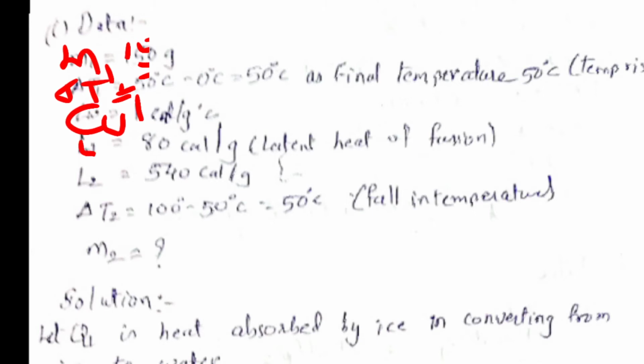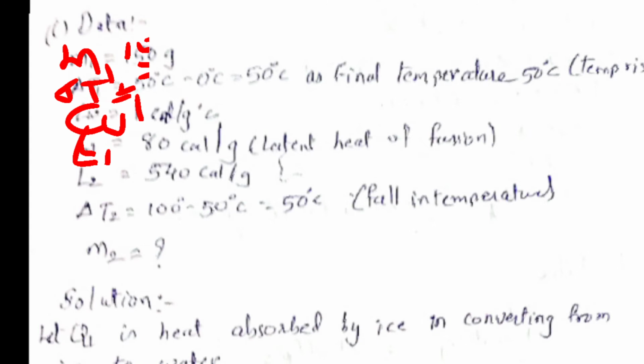Now latent heat, as I have taken 150 grams of mass of ice, I am taking L1 as 80 calories per gram, because that was M1, so this is L1. That is the latent heat of fusion. And what is the latent heat of vaporization for water? 540. So let L2 be 540 calories per gram. These two numbers I already told you to remember: 80 for fusion and 540 for vaporization. So whenever change of state takes place, we are going to use this latent heat.